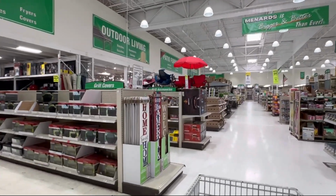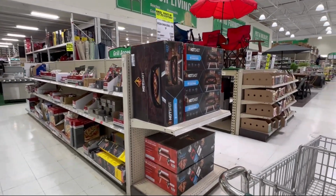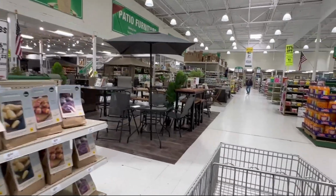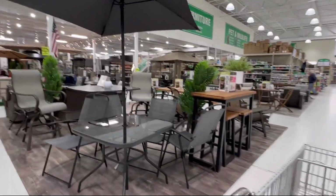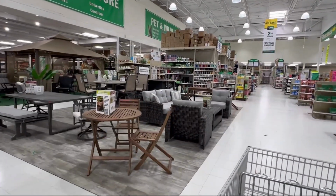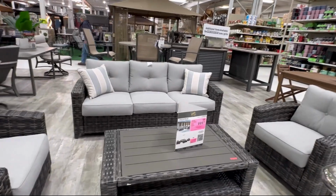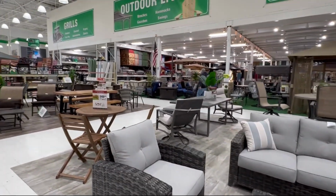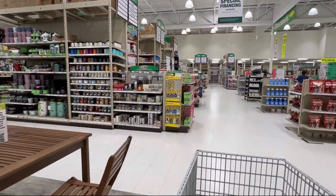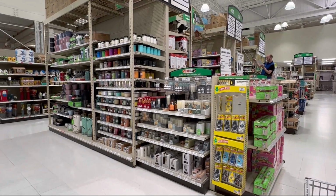We're coming up to the section that's usually 4th of July, but I'm not seeing what I usually see over here. Usually they have little villages, but maybe they've moved them somewhere. Are they moving their decorator stuff? This is disappointing if not. Maybe they don't put theirs out as early as other places. It's patio furniture, which is always fun to look at too. They're definitely moving things around because I feel like I'm seeing dog stuff where...